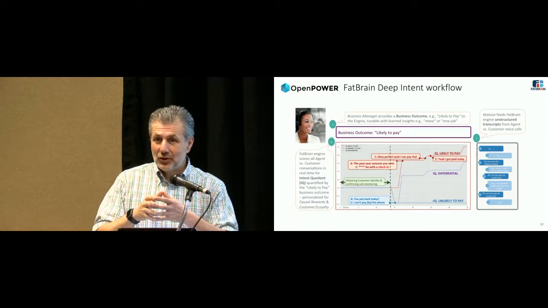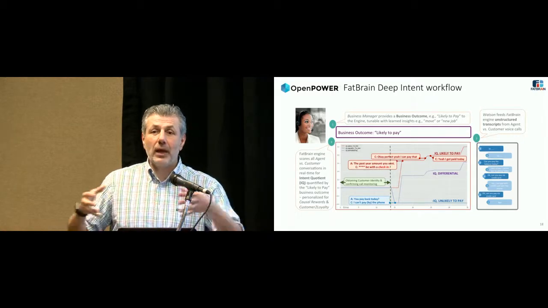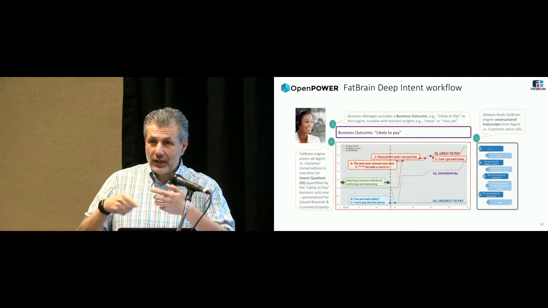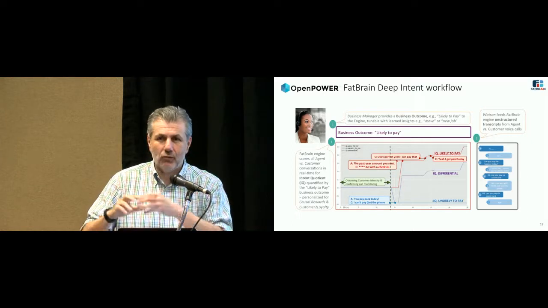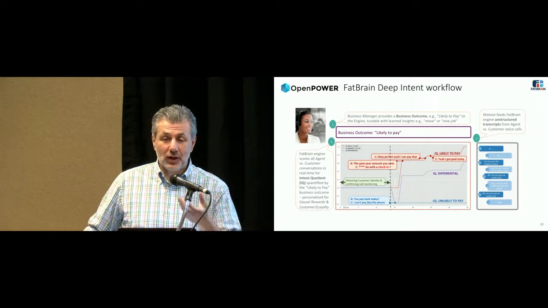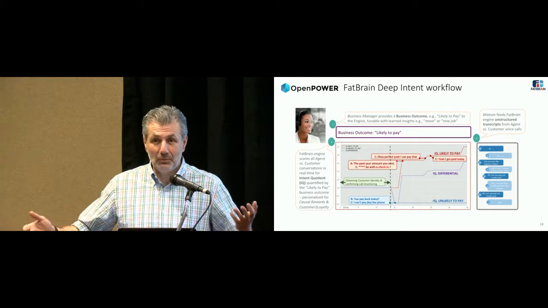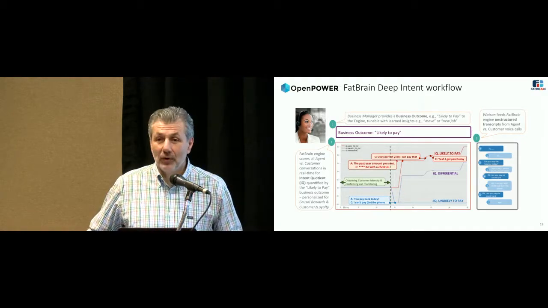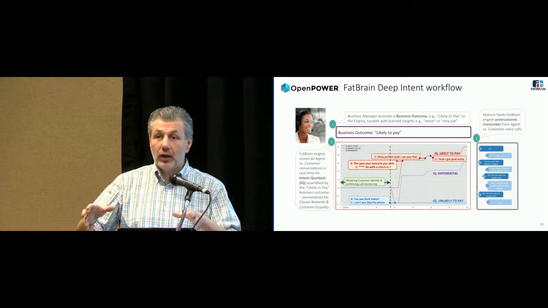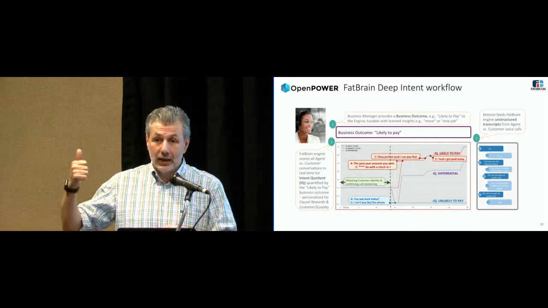Because if you were just looking for any kind of automation that was looking for text or words, a bag of words or anything else, it's very difficult to do that. One of the things that's going to be there in a signal is going to be, I lost my job, which normally means I'm not going to be able to pay you. We can understand very quickly all that as it's going on and then quantify it.